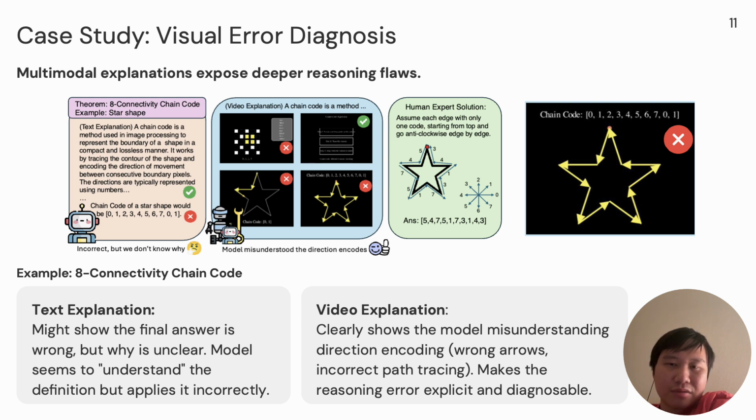But in the video, we can clearly see the arrows were pointing the wrong way. We conducted a human study, and we found that 60% more participants can spot the error in video, but not in the text. This shows how multimodal outputs help debug AI reasoning.